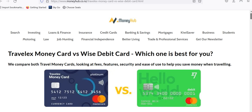Just as a spoiler alert, the Wise Debit Card has been around for a shorter time. It's a new product. It's been around about 5 years. It launched in New Zealand about 3 years ago. But from all the comparisons that we've done and everything that we've heard, we can see online with the live rates,